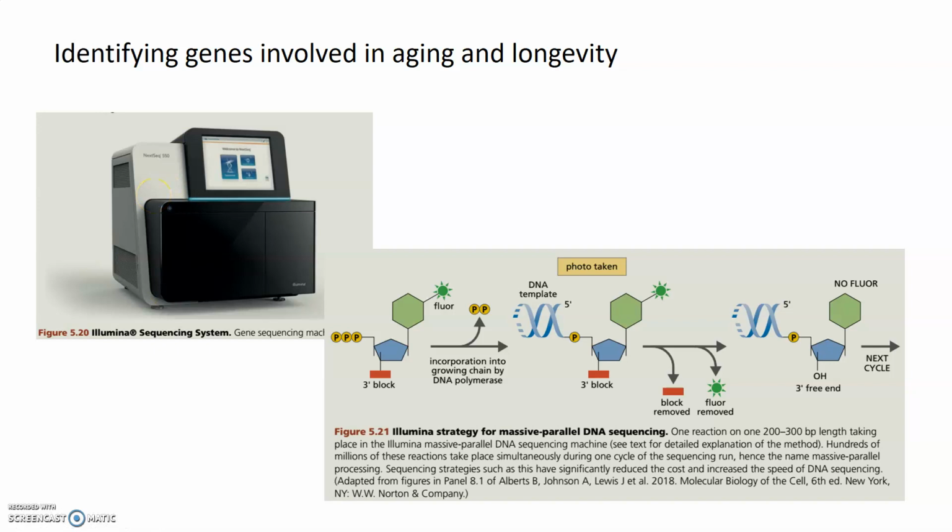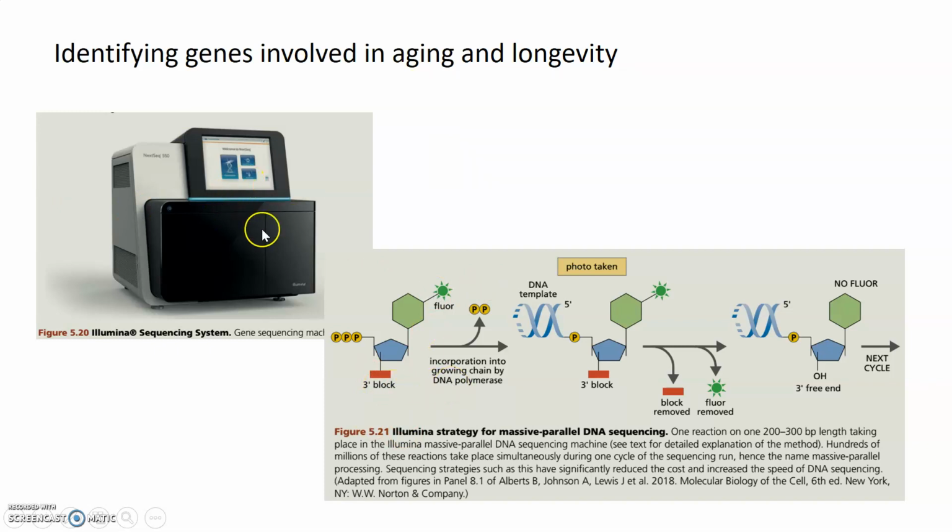And the old way of sequencing, or the Sanger method, was basically sort of like putting together a puzzle of pieces of DNA of various sizes in order to determine the sequence. And that meant it took a really long time. But what Illumina sequencing does is it basically builds the DNA one base at a time and takes a picture after every base is added, so that there's no putting the puzzle together piece by piece. We're actually building the puzzle. And so the way that that works is that you have template DNA